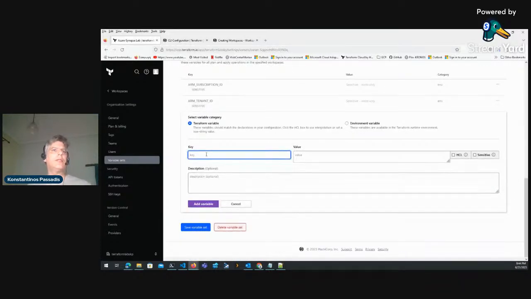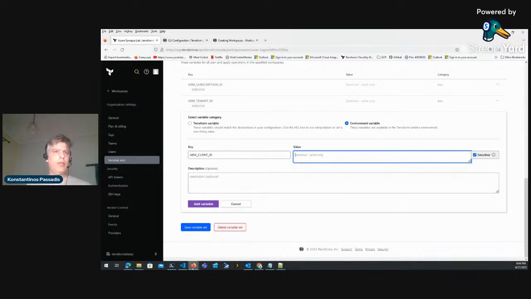I'm going to add another one, which is the ARM client ID. You can find all the details in the documentation. This is an environment variable. It is sensitive,